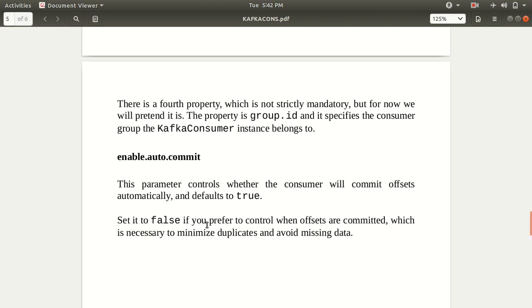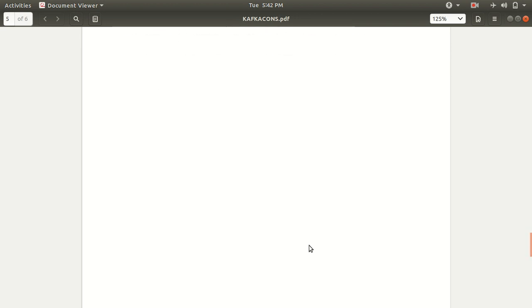But if you want to manage it on your own, then you can also set it to false, which is necessary to minimize duplicates and avoid missing data. Offsets are very important for us, because they keep track of which data we have produced and what data we have consumed.